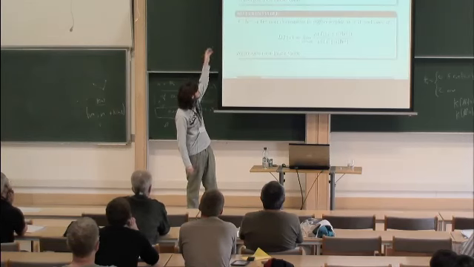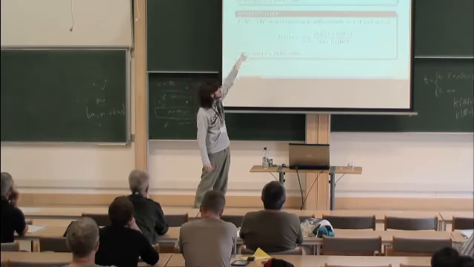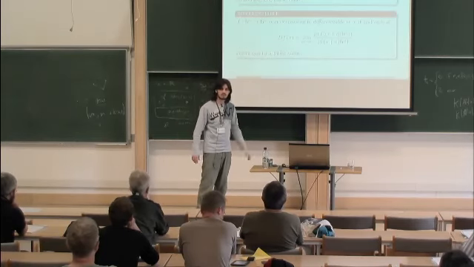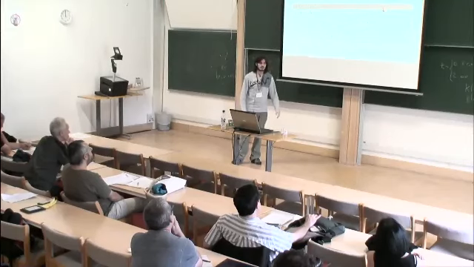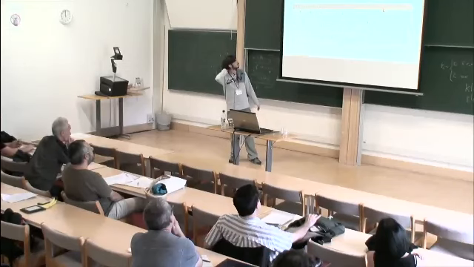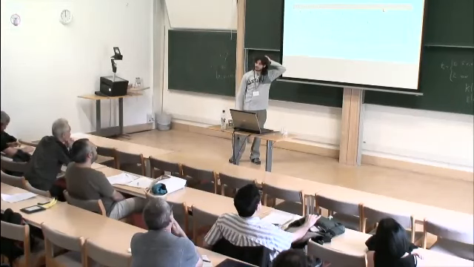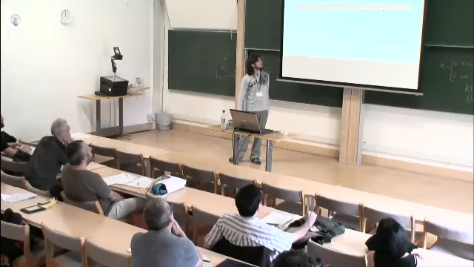So the regular definition is the one at the top, and if the function is non-decreasing, we can rewrite it as the second expression. We are comparing the ratio between the image of the function and the domain we are looking at, everything around the point we are differentiating, which is r in the first definition. That's why I specified non-decreasing in the definition, because otherwise this way of writing it is not true.